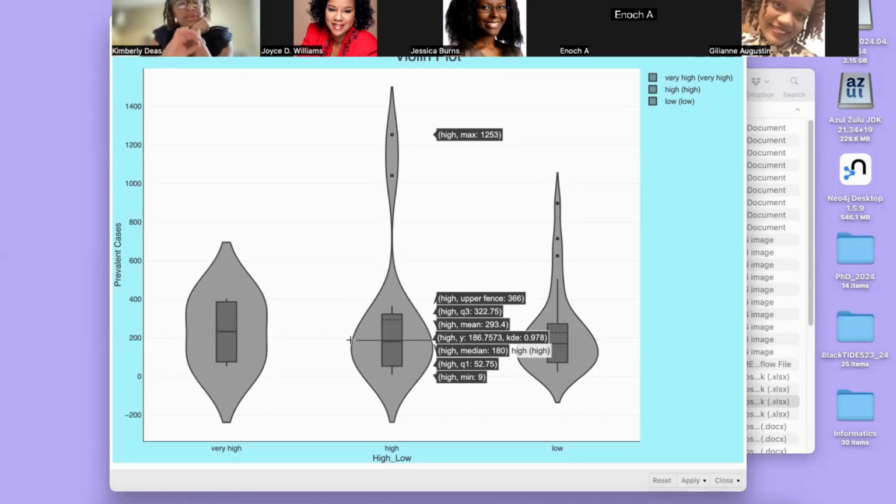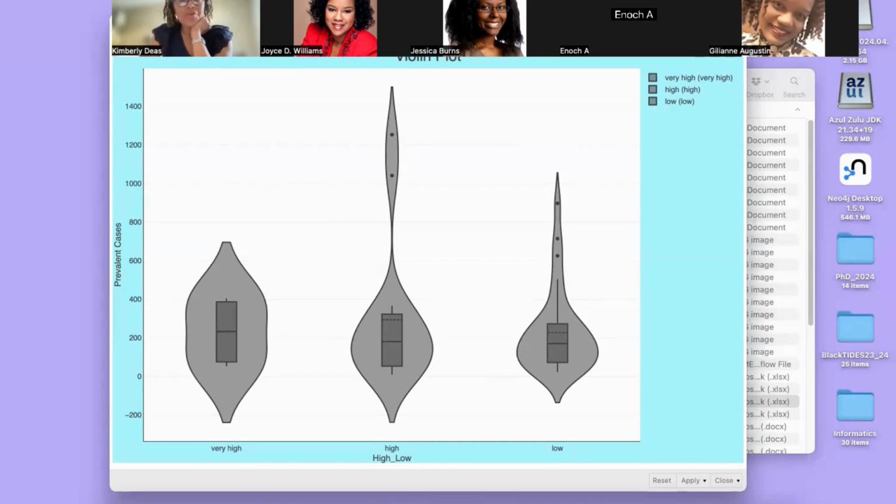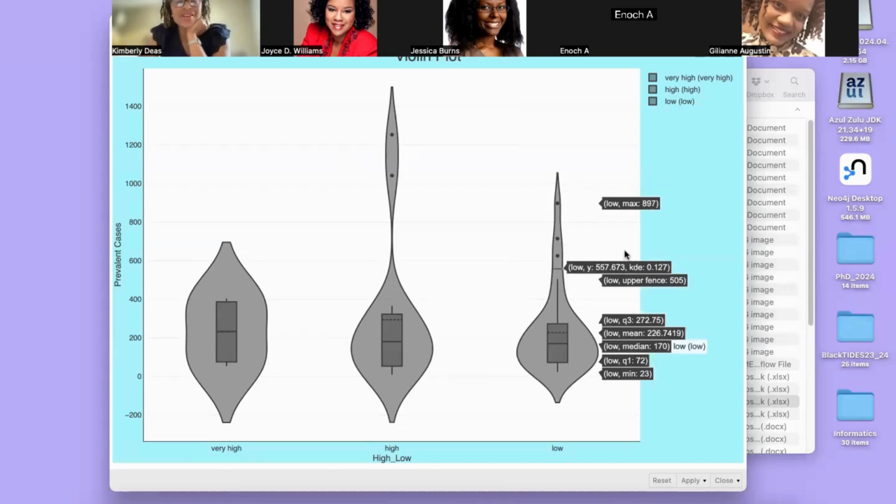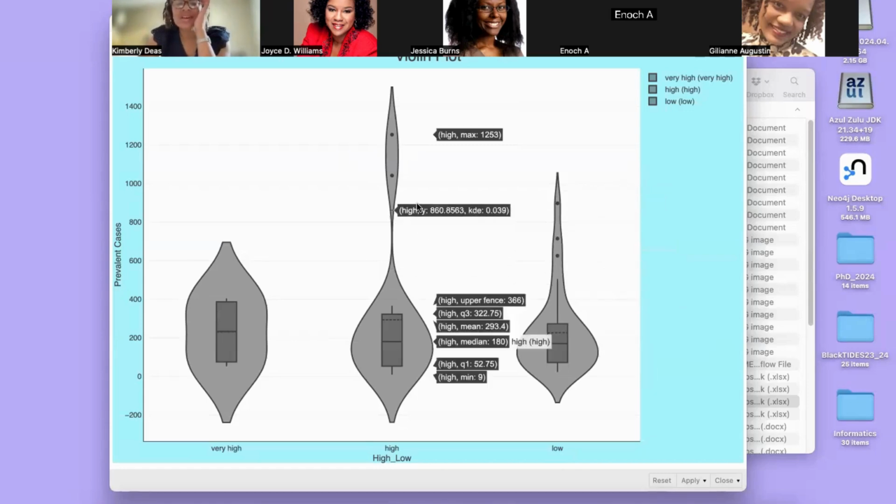So again, this is highly informative. It didn't prove my hypothesis, but it is still highly informative, especially if the overall goal is to improve the health of everyone in the community. All right, so with that said, low has such a long tail. Like I said, I would break this down. This is why I look at violin plots, because a longer tail or a bimodal distribution means there are some different things going on in those communities where it falls in high.